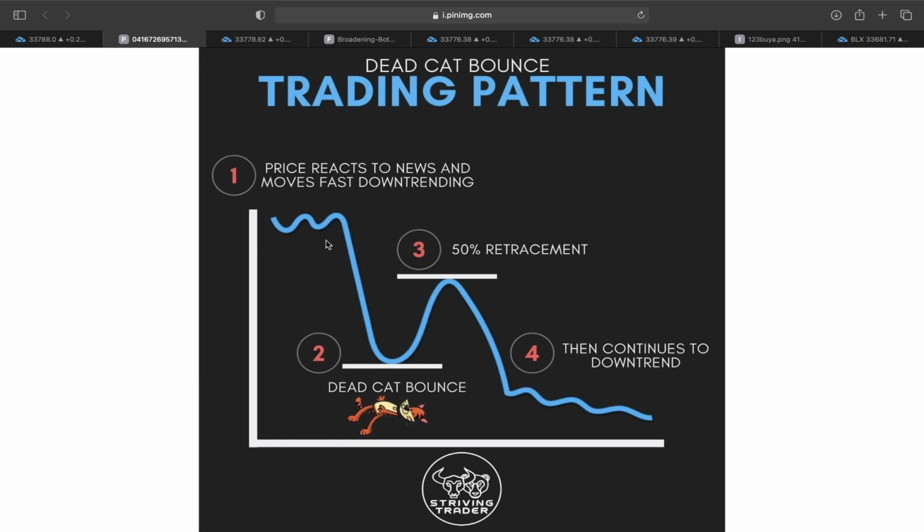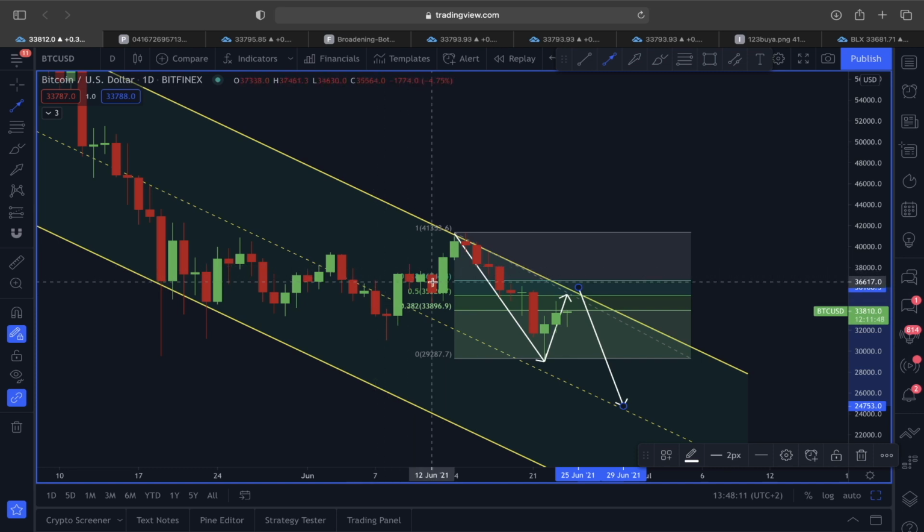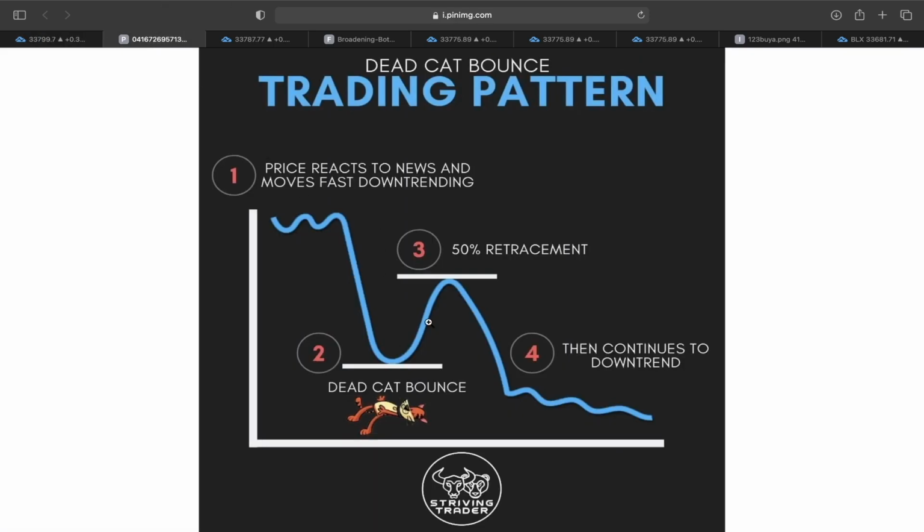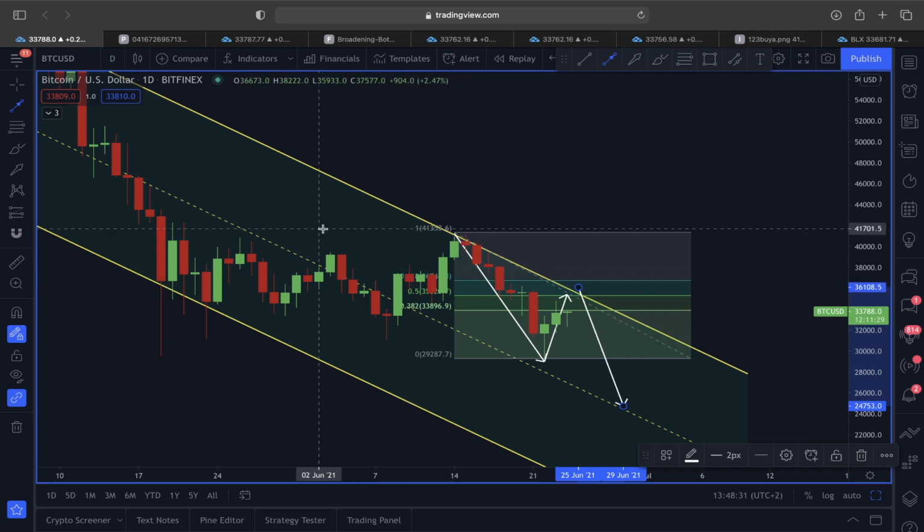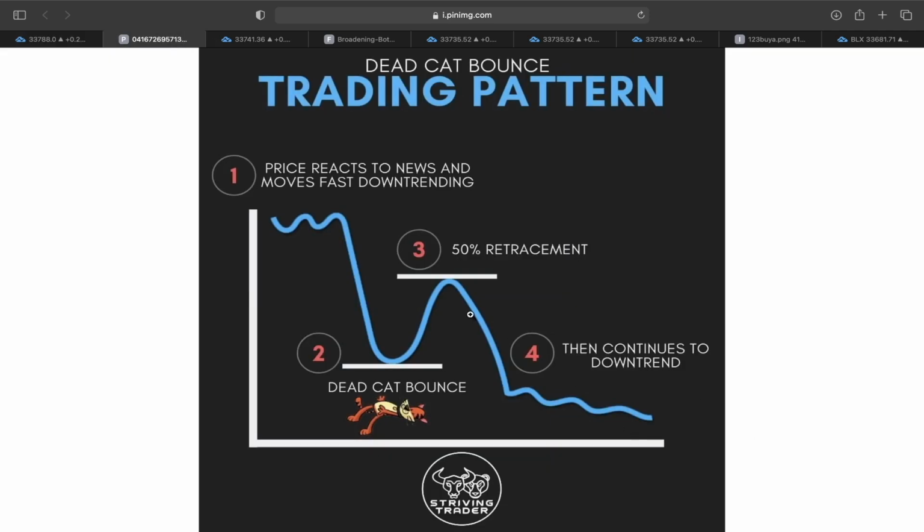This here is for traditional market, but crypto is very volatile, so we are going to look around this 0.618 Fibonacci retracement level that is sitting around 36,500 to 36,600 area. So right now what we want and what this dead cat bounce scenario is also showing us is that price here could see a retracement at least towards this 0.5 Fibonacci retracement to 0.618 Fibonacci retracement level. So that's why right now this 35 to 36,000 could be on the line before price chooses the trend direction.